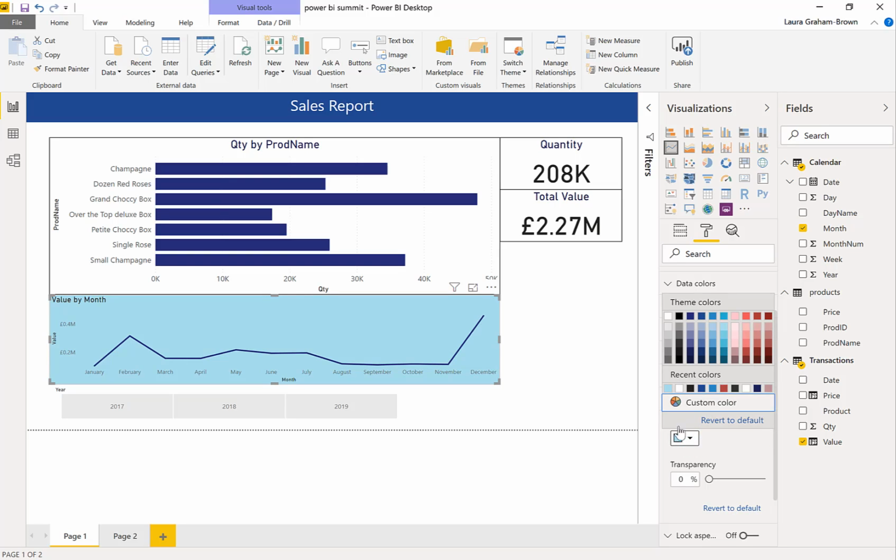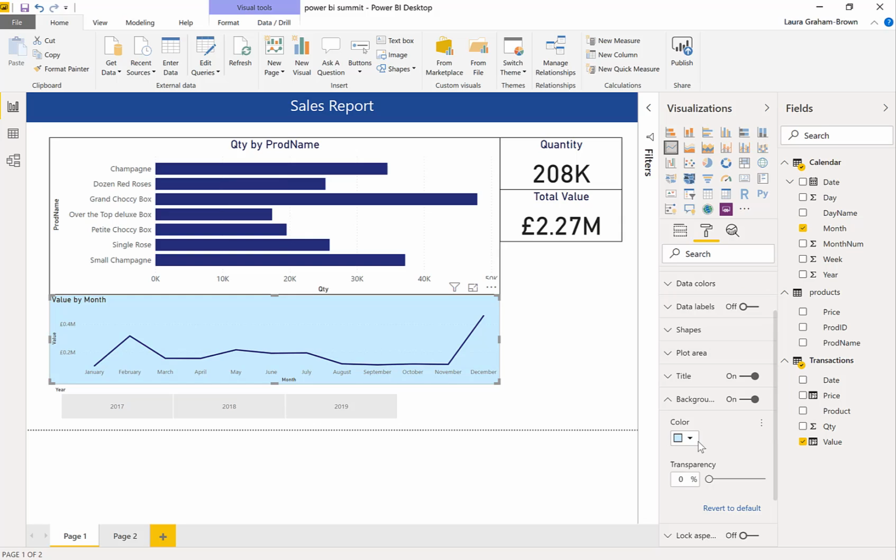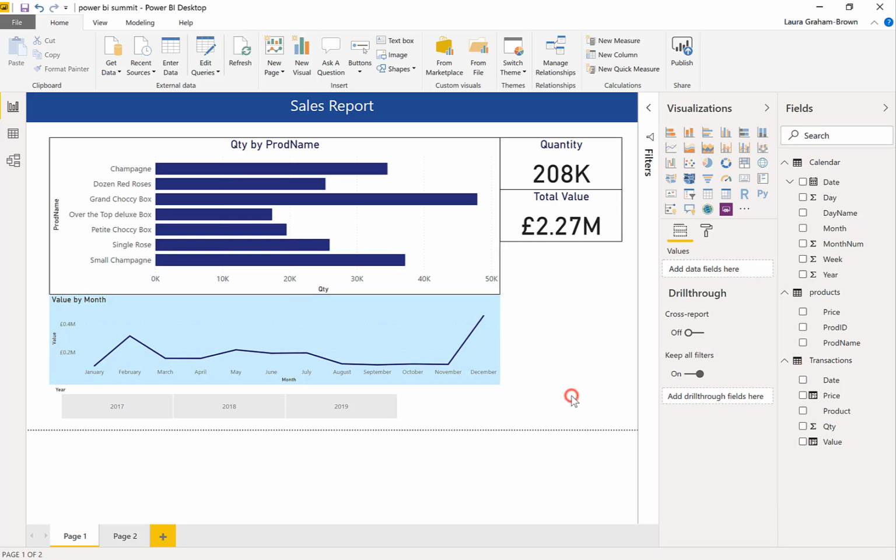Now, if you don't like these colours here, I can go and do a custom colour, and I can go in and feed in a bit more of a paler blue. Okay. I've got a box left here. What could I put into there? Let's go for the good old-fashioned. I don't use them very often. Let's go for